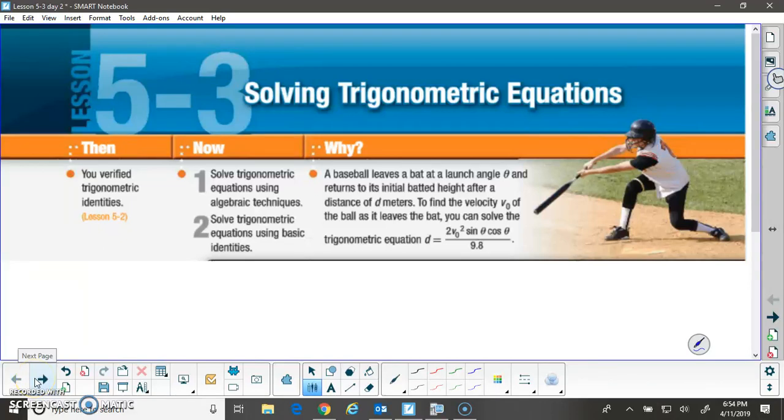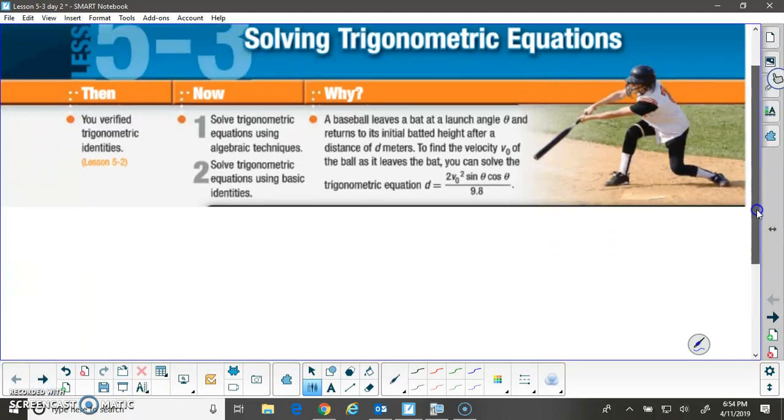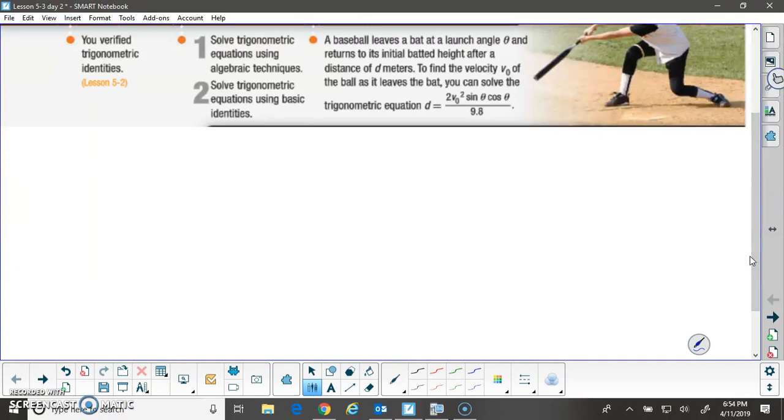Chapter 5, Lesson 3, Part 2 is more on solving trig equations. Before I get into some additional trig equations to solve, I just want to take a moment to talk about